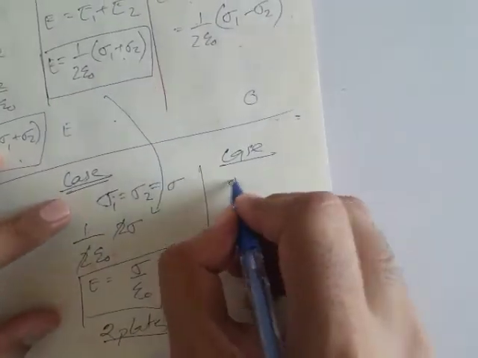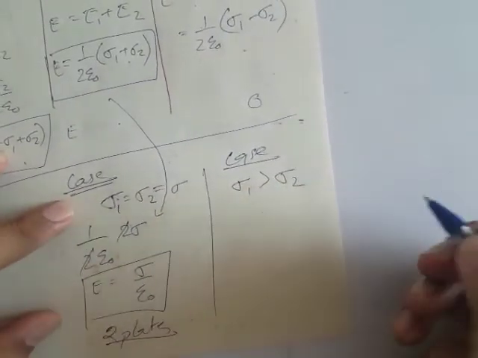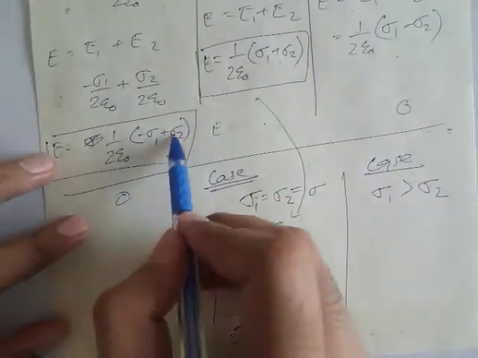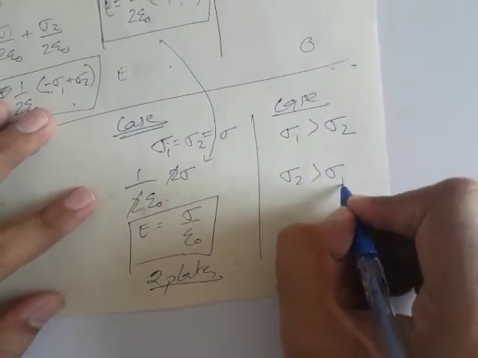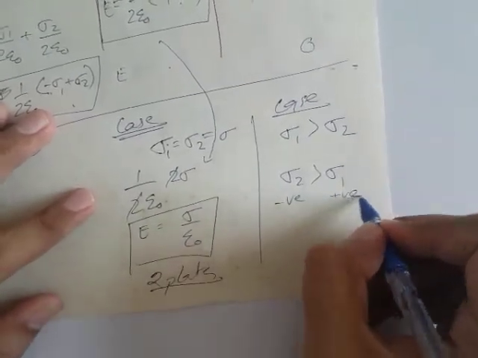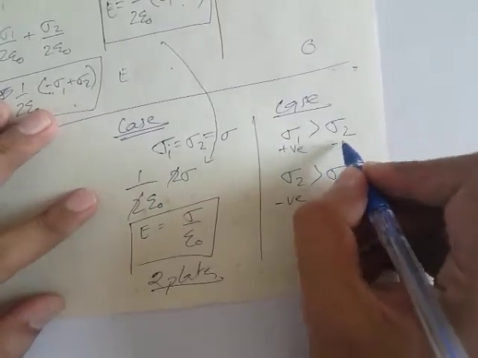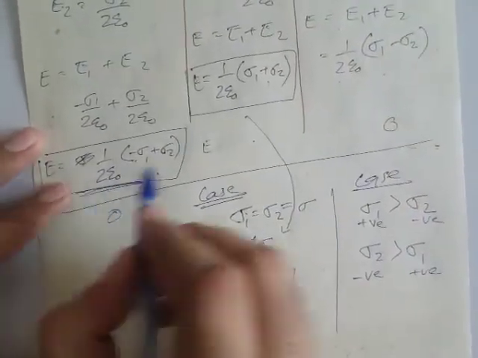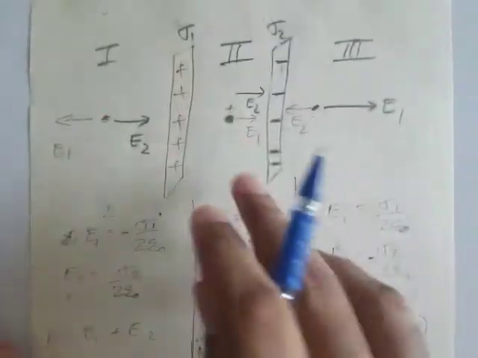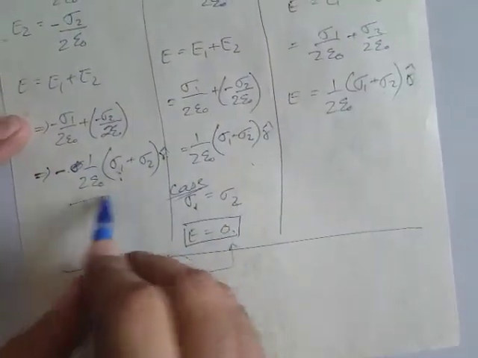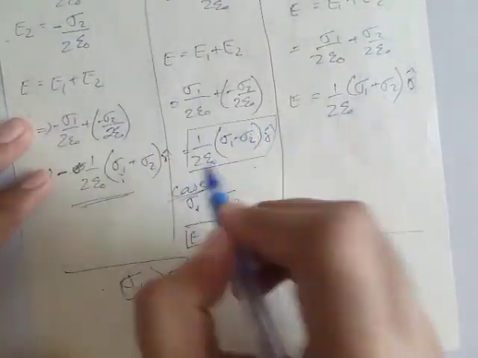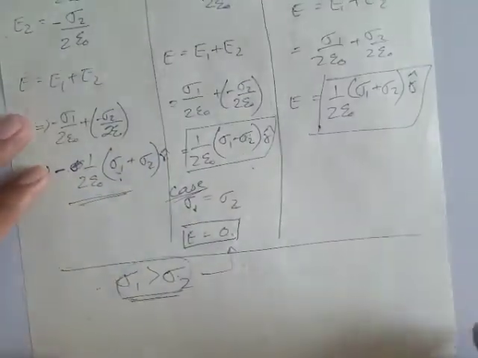In this case sigma 1 is greater than sigma 2, we can take this one, so accordingly the sign convention will change. Or another case is sigma 2 greater than sigma 1, that is negative is greater than positive. Here positive is greater than negative. These cases we can take. But please remember these three equations 1, 2, 3. If the two charges are different, pause the video and see, or we can see this if the two plates are positive. So we have these cases 1, 2, 3. Okay, thank you.